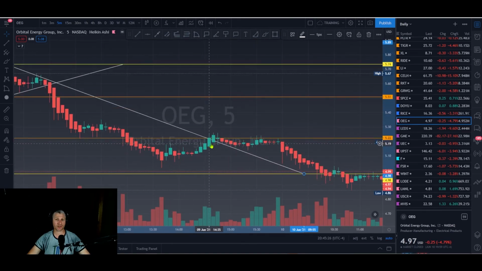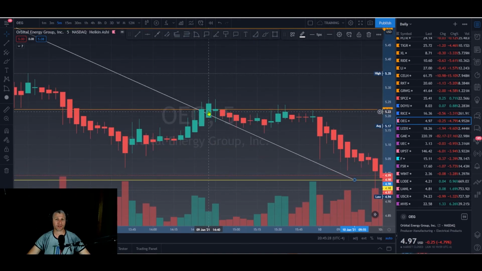And a good indication it didn't push through is before you enter a trade, make sure the bottom of the candle, or make sure the whole candle sticks through your resistance. So the candle should have actually been,